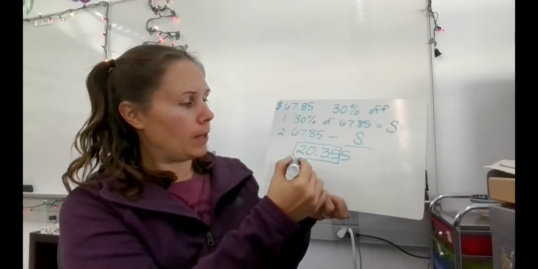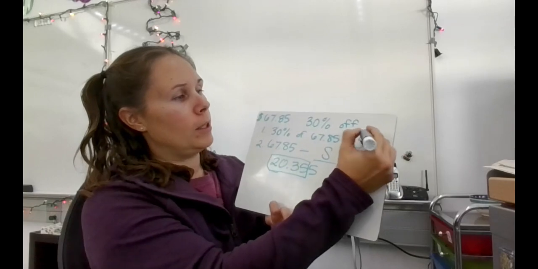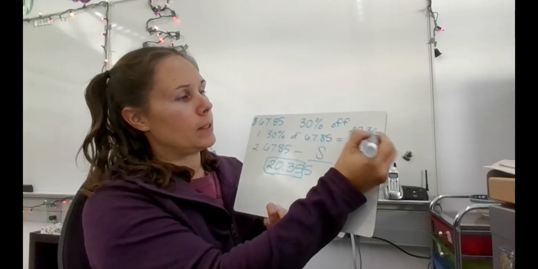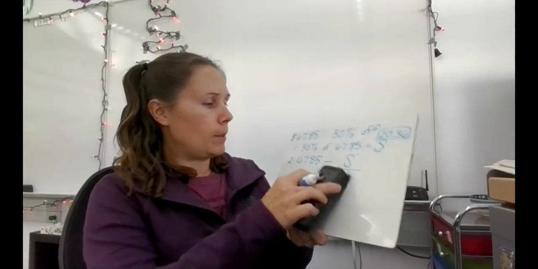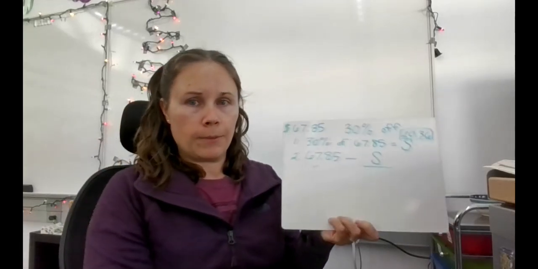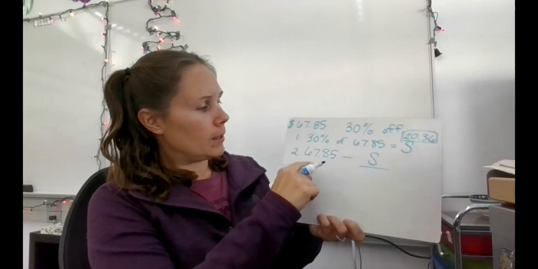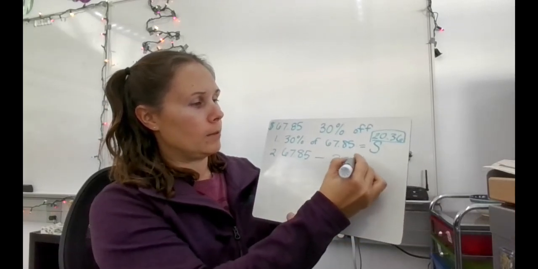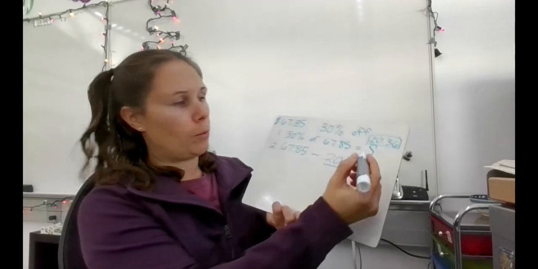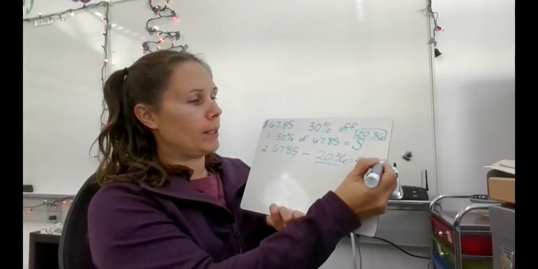Since this is a 5, S is going to be $20.36. If you get a big decimal, that's okay, we just round it off. So now our price is $67.85 minus $20.36, which comes out to a new price of $47.49,